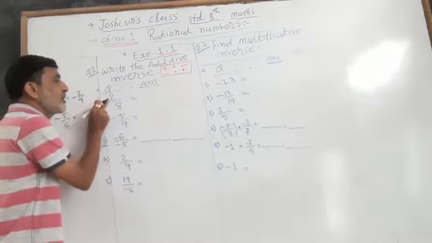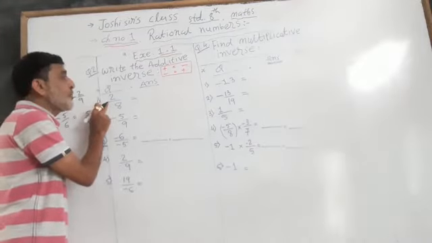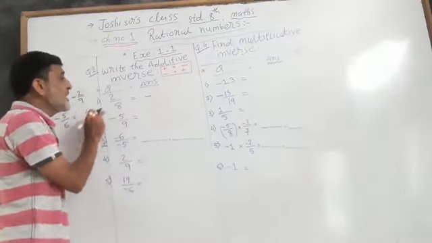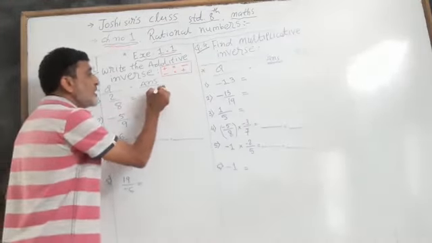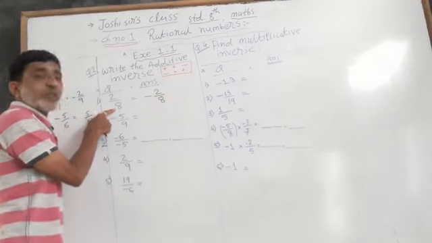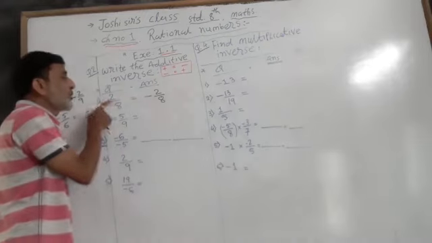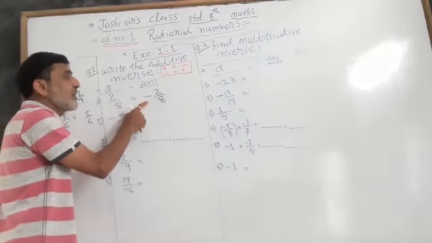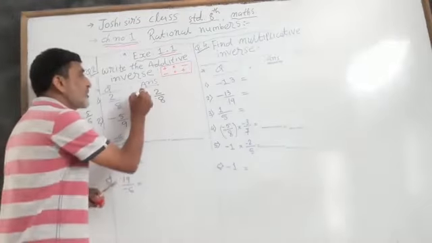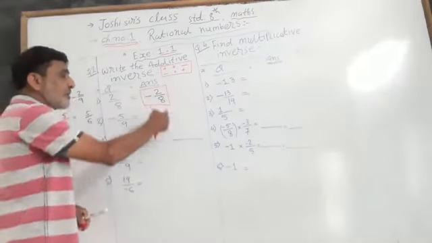Question first, 2/8. What is the answer? 2/8 is a plus number, so first we put the sign minus, then the number will be the same, 2/8. Now say 2/8 is the given question. What is the answer of this additive inverse? The additive inverse of 2/8 is minus 2/8. Now you understand? Okay. Now see the second question. Here are two columns. This column is for the question and this column is for the answer.